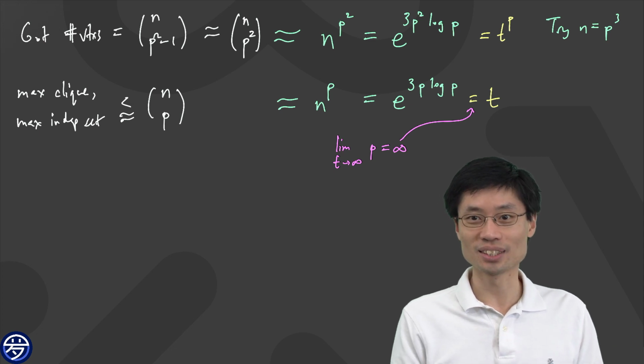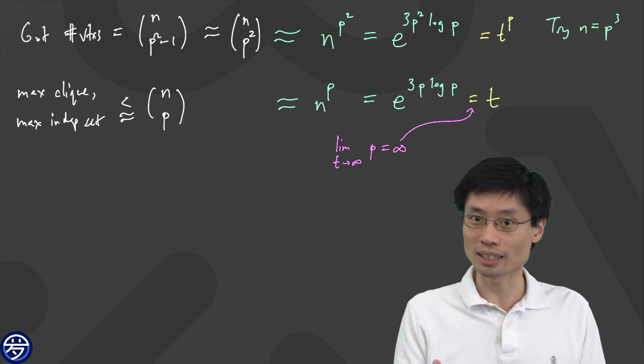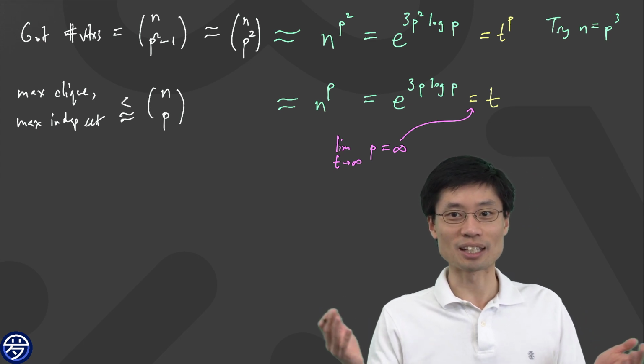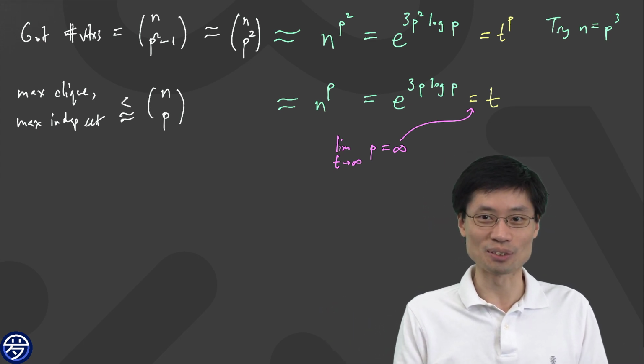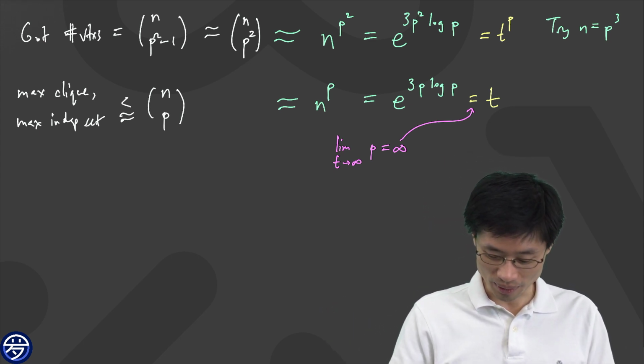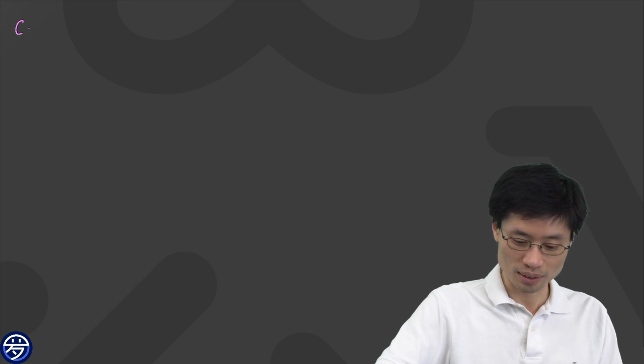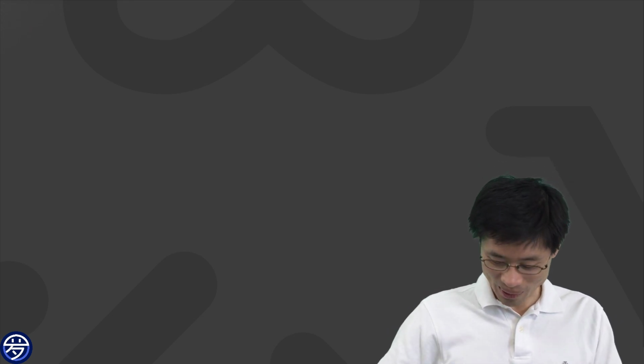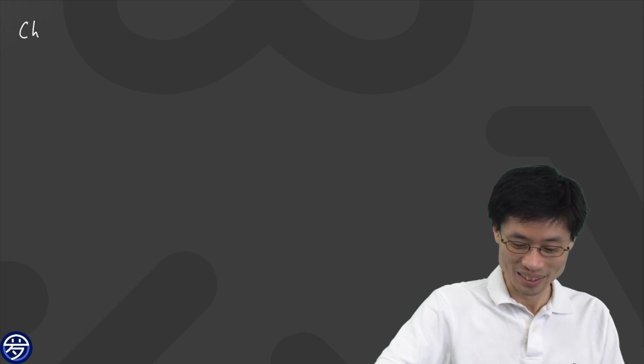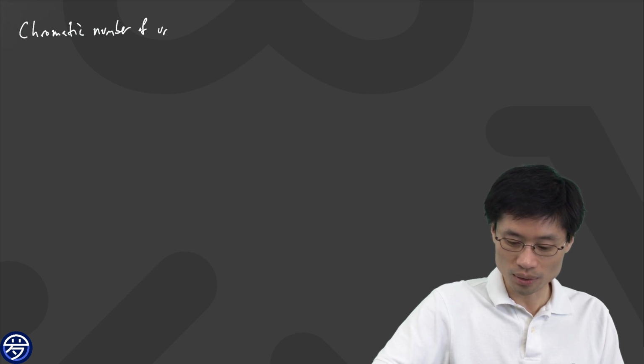The next thing that I want to do is something related to chromatic numbers, but it's going to turn out that this Frankl-Wilson result is again useful for that. So let's see what we do. The next thing that we want to discuss is the chromatic number of the unit distance graph.